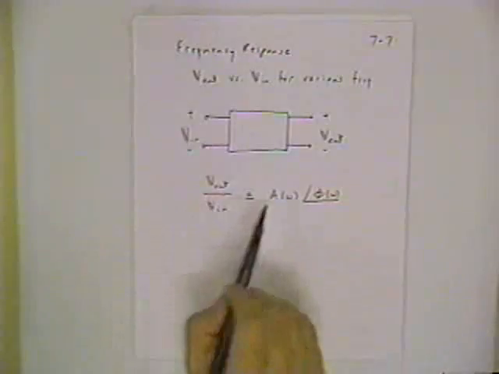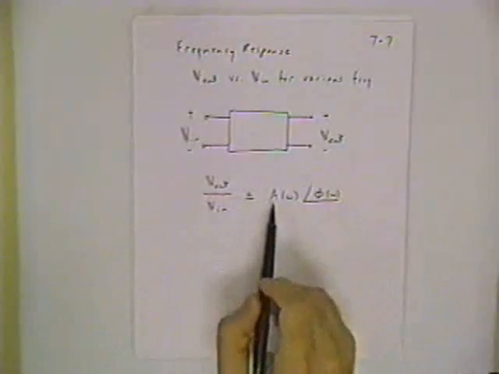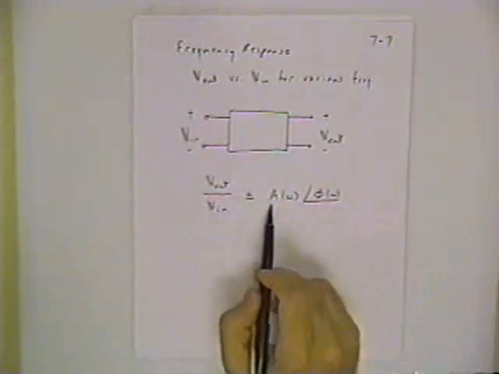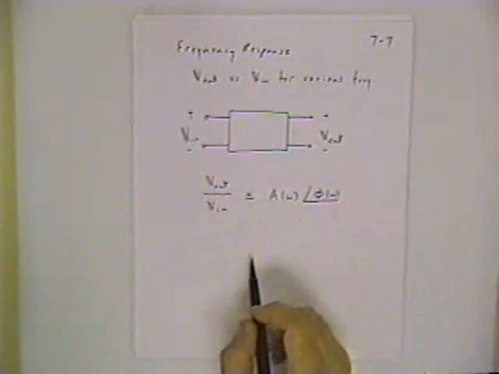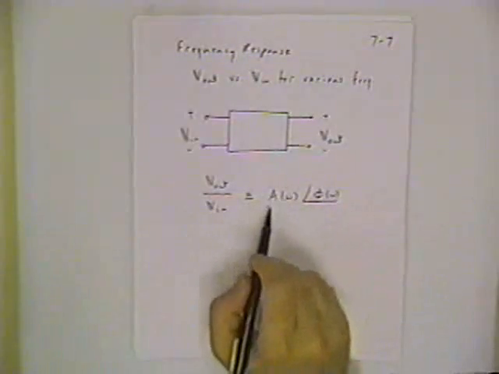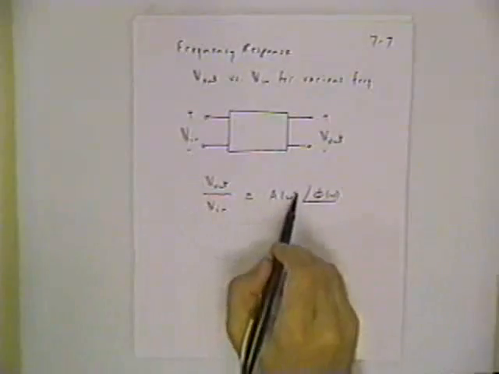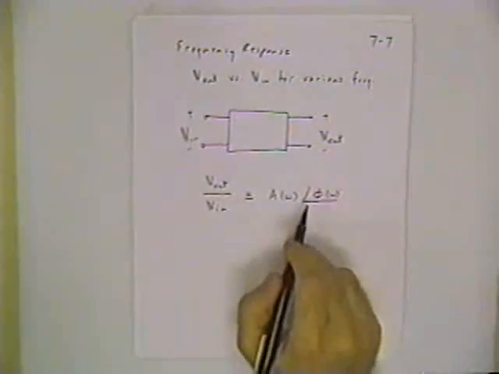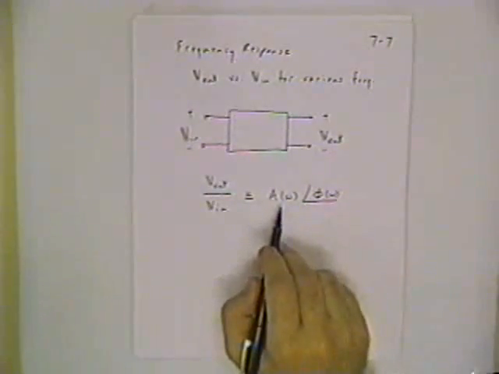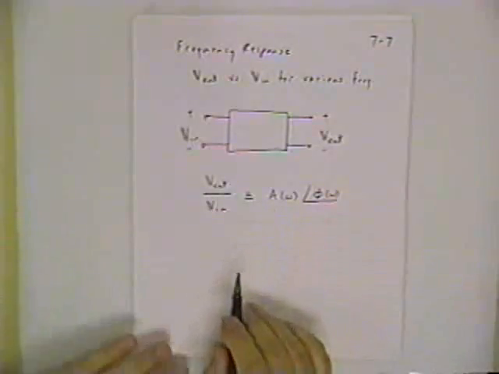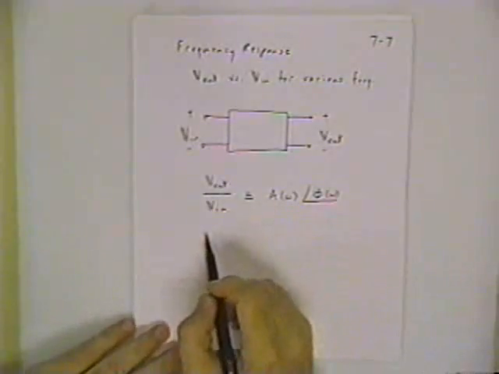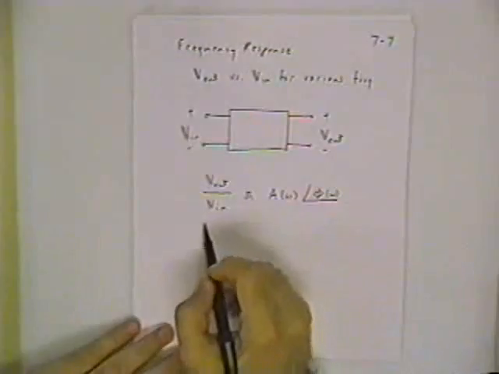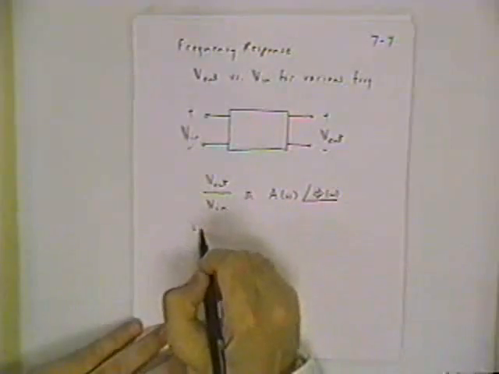So the ratio of those two, logically, would be in this complex form, the polar notation, amplitude at a certain angle. And what we're going to explore now is how do these amplitude and phase expressions take shape for low-pass filters, for high-pass filters, for capacitor, resistor, inductor circuits. To introduce the terminology,